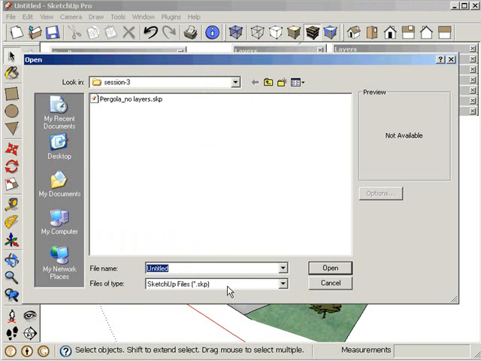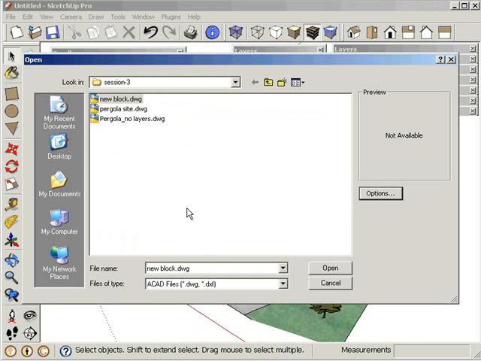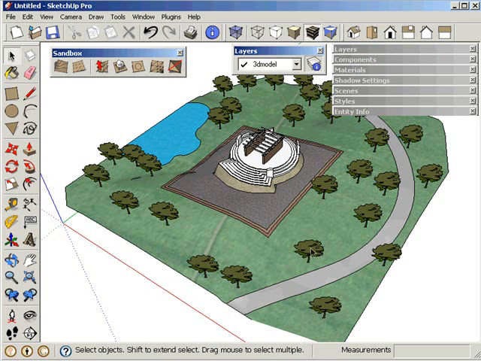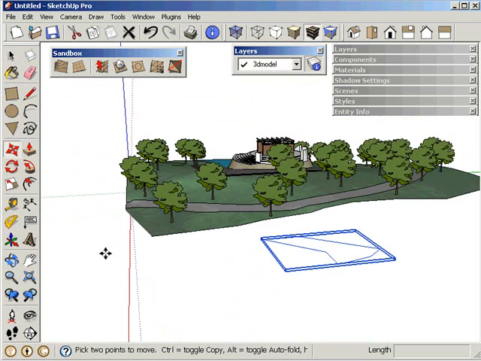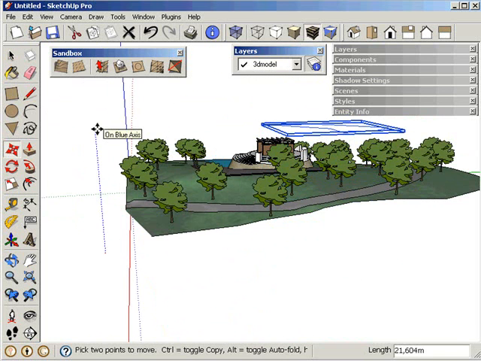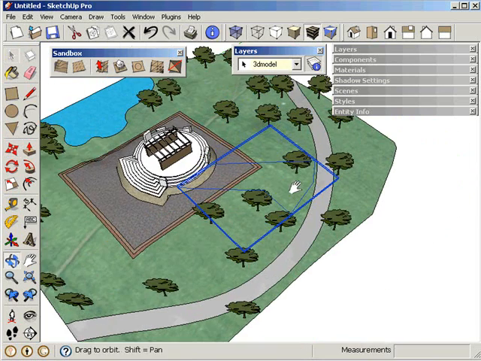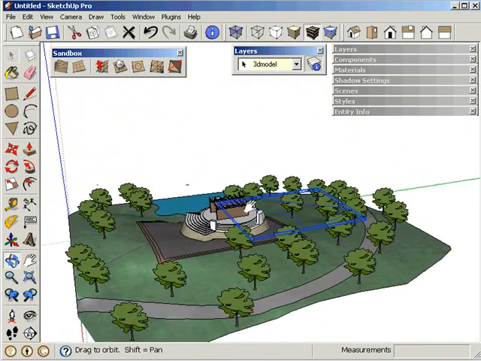And when we go in SketchUp and we say import AutoCAD, and this is the file that we made, we make sure that it is meters, preserve drawing origins, and then we could open the file and we look for it, and then when we find it there, we could bring it up, and we could align it with the terrain,